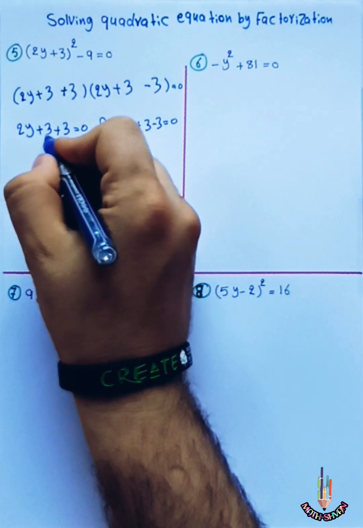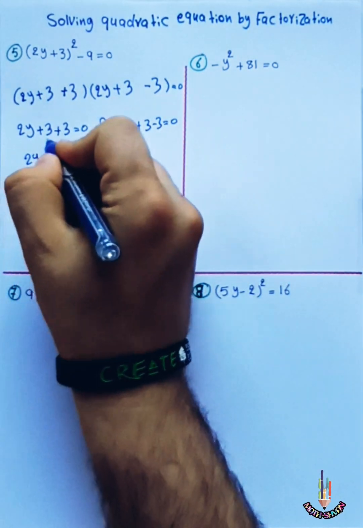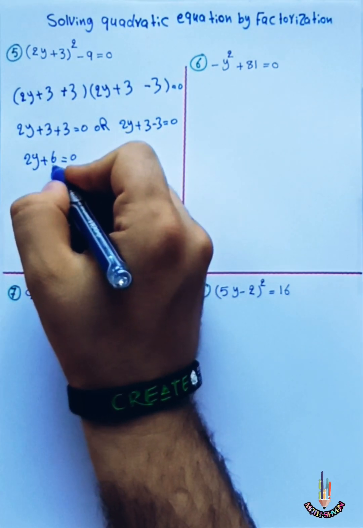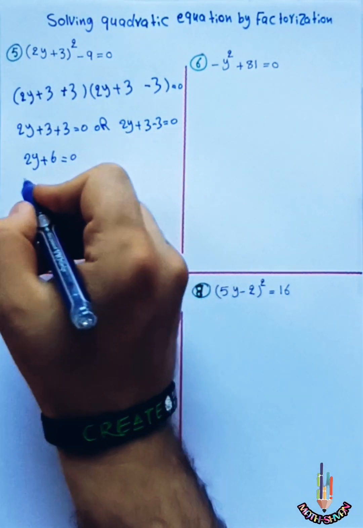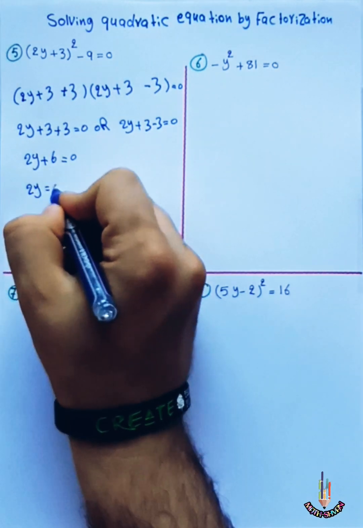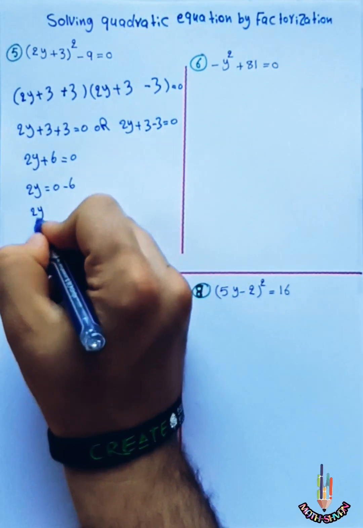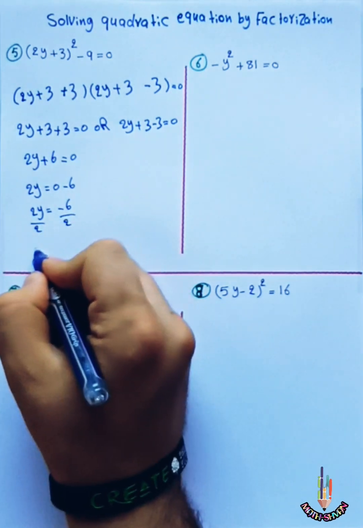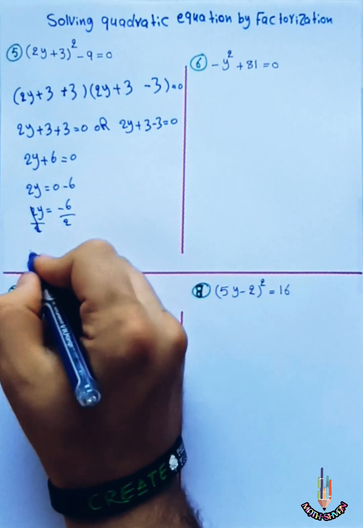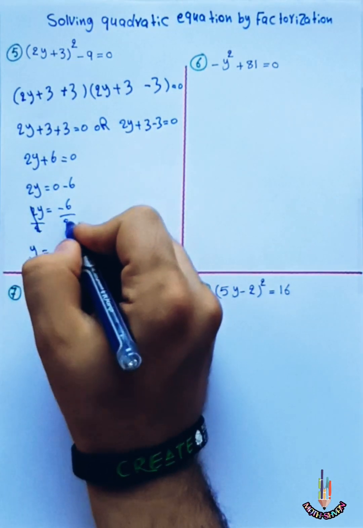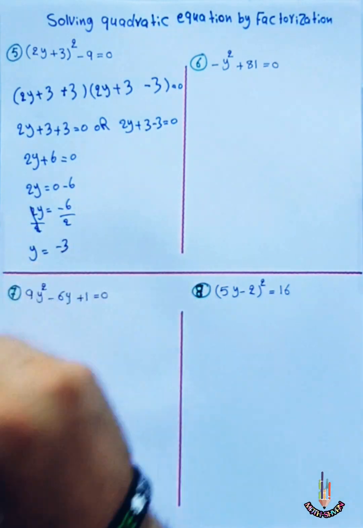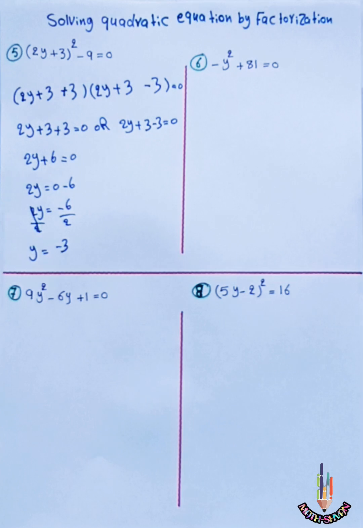And then we can simplify. 3 plus 3 equal to 6, so 2y plus 6 equal to 0, and then we have to change the place of positive 6 to the right side. 2y equal to 0 minus 6, and then 2y equal to negative 6. You have to divide both sides by 2. These two terms are cancelled, so y equal to negative 6 divided by 2 is 3, so y equal to negative 3,